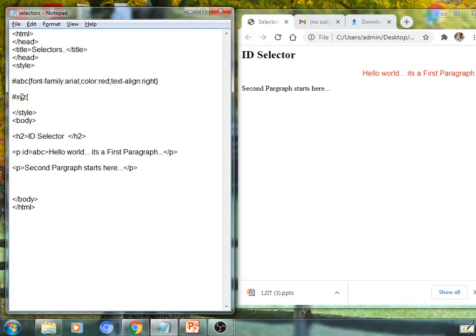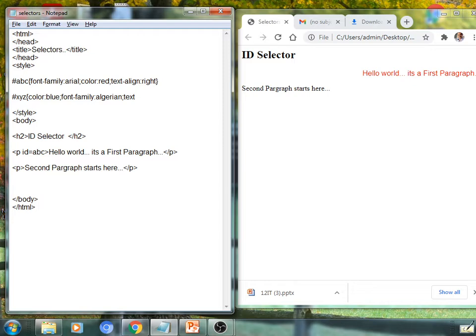Again, properties will be applicable, the same as color colon blue like this, semicolon, font-family. Any typical font you can apply here. I have given here Algerian. Text alignment you can apply, text decoration you can apply.